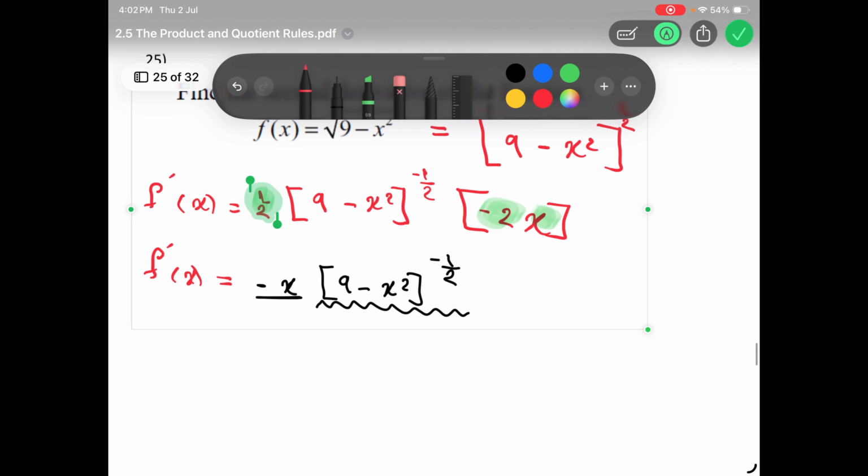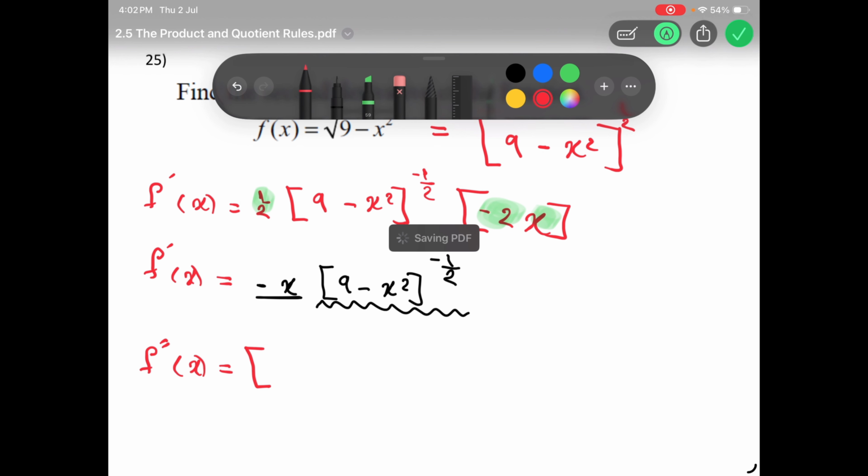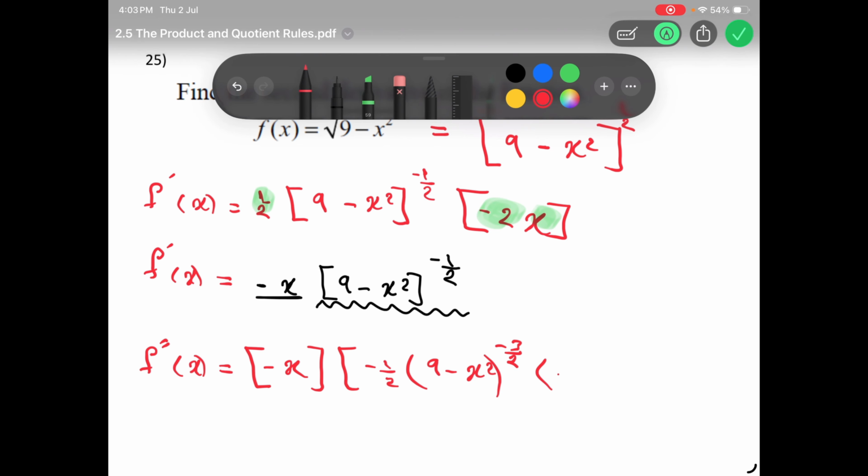So f double prime, which is the prime of prime, f double prime of x, I will keep the first function as it is, minus x, times the derivative of the second, which is minus 1 over 2 times 9 minus x squared. I will reduce the power by 1 to be minus 3 over 2 times the derivative of the inside function, which is minus 2x,